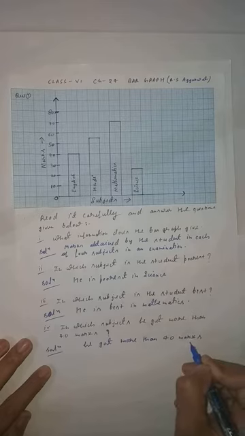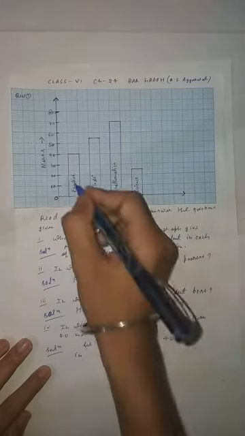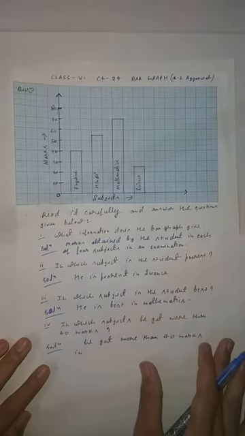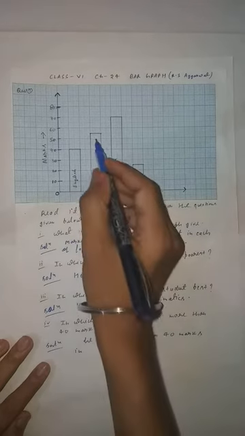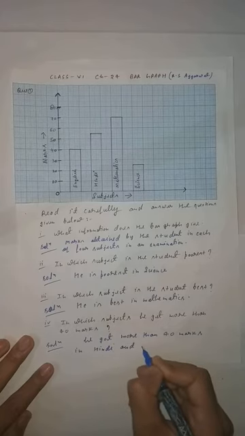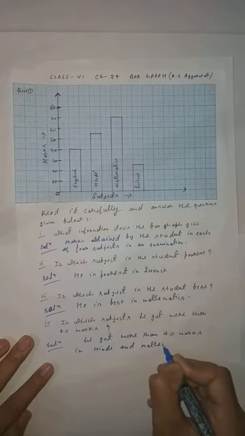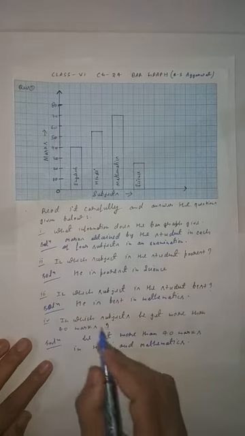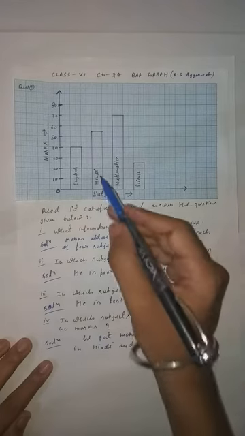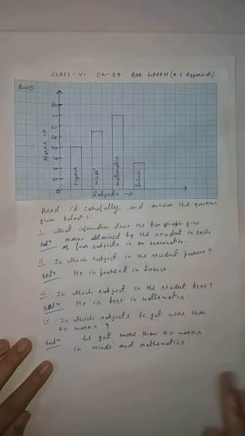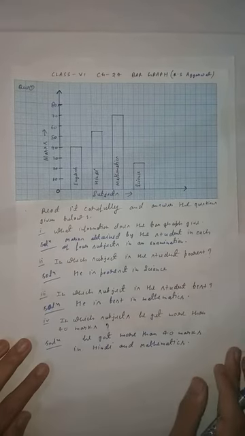He got more than 40 marks in which subject, student? In English he got equal to 40 marks, but you have to write the more than, meaning you have to choose the subject in which he got more than 40 marks. So in Hindi he got 55, so you will write down Hindi, and in maths, that is, mathematics. Clear student? Clearly you can see in Hindi he got more than 40 marks. So in English he got equal to 40 marks, but you have to find the marks which are greater than 40. So greater than 40 only 2 subjects, Hindi and mathematics. Clear student? So this is the solution of all 4 questions.